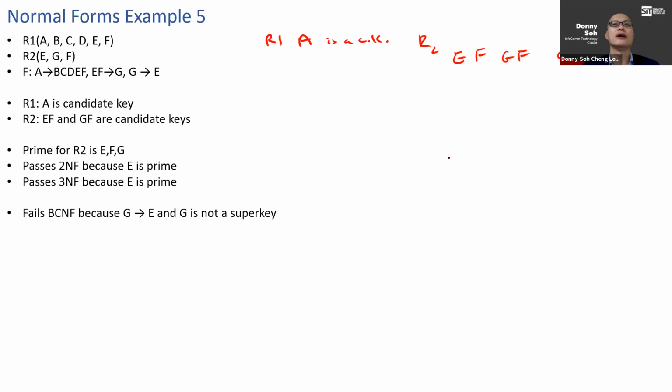So for R2, my prime is my entire E, G, and F. For R1, my prime is my A. Okay. So let's check through